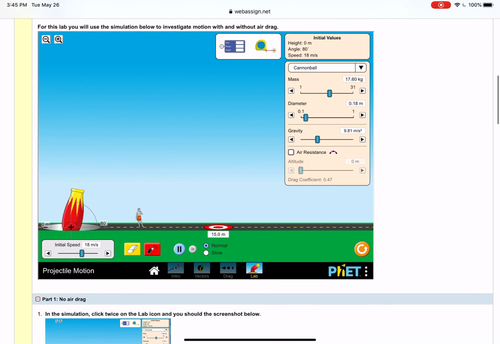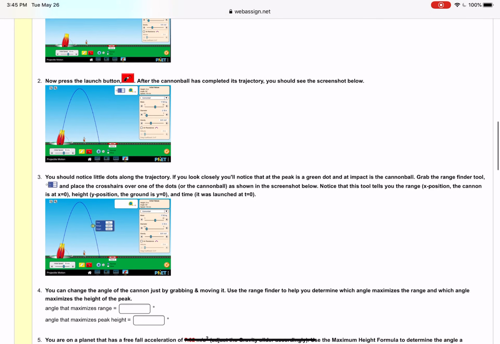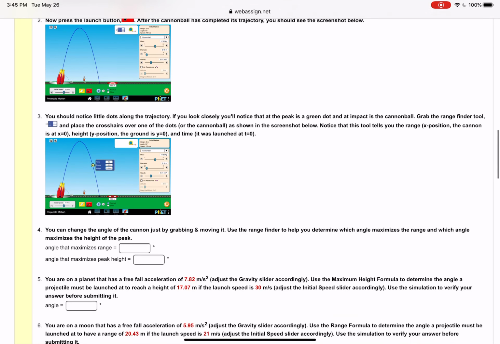And you can see there's a cannon, and there's all sorts of sliders over here, various tools. And the red button there, that's your launch button. So, you hit that and it's going to launch. Okay. And in this first part here, it talks about you can use the